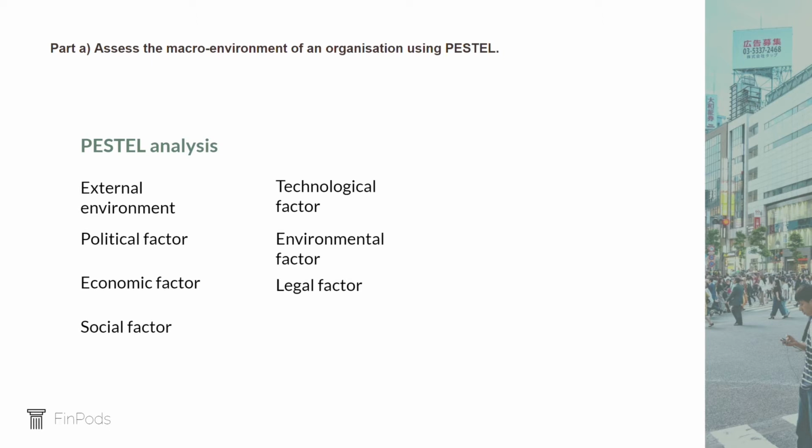Organisations can use PESTEL analysis as a framework for analysing the general business environment, also known as macro environment. It can also be used to assess the opportunities and threats present in the environment. These opportunities and threats can be assessed by analysing 6 key factors of the PESTEL analysis. Under political factor, we analyse government decisions and policies such as changes in the competition policy or consumer policies. Economic factor is analysed to know the impact of economic growth, inflation, interest rates, tax rates and foreign exchange rates